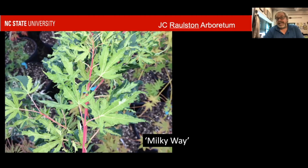There's some great red stem, coral bark Japanese maples. I don't grow those. There's some really nice gold ones like Gold Digger and Bihu. But the combination of these young stems with these heavily variegated leaves, I just really thought was beautiful. And this is a plant that definitely, if I was growing it, I would be pruning it very, very regularly